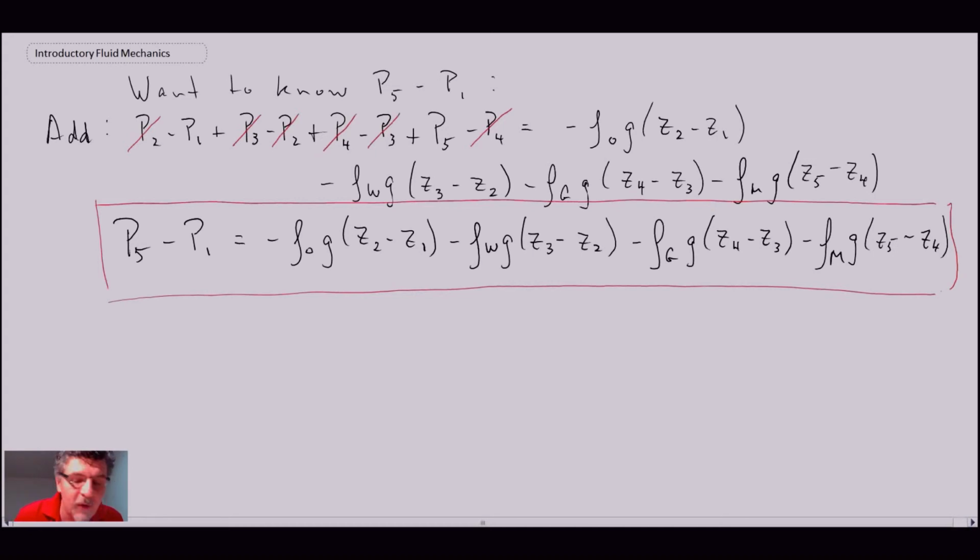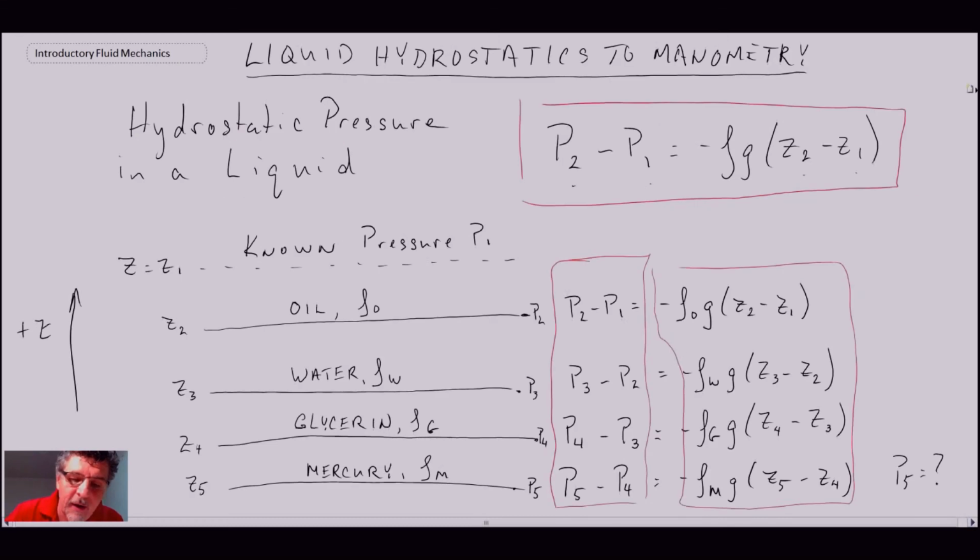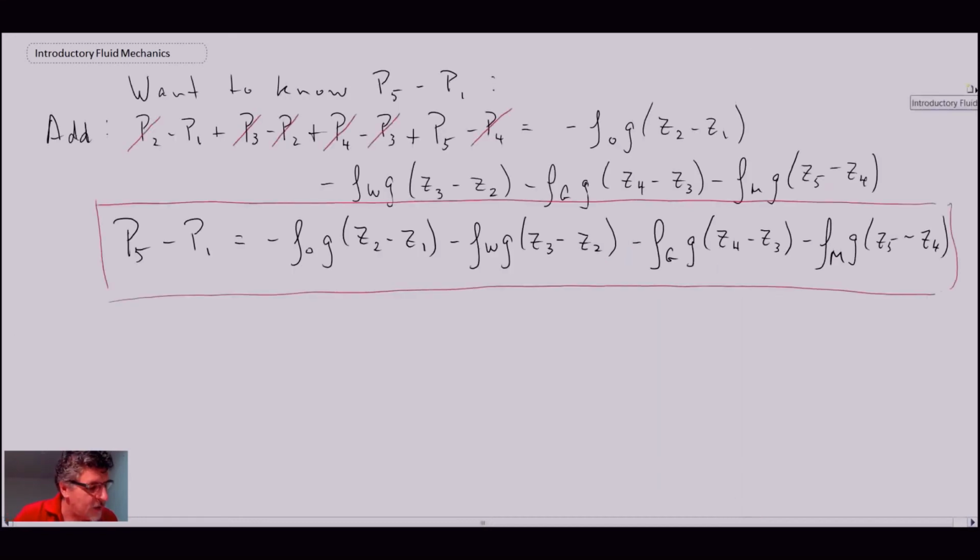However, what do we need to know? We need to know the depth of all those interfaces. So let's come back here. We need to be able to measure this interface, this interface, this interface, and that interface, and know the position of them with respect to our free surface at the top. That is the principle of manometry. In a manometer, you're measuring the fluid interface, and from that, knowing the density of the fluid, you can use the hydrostatic pressure distribution equation to determine what the pressure is at different locations within your system. So in order to solve for P5,